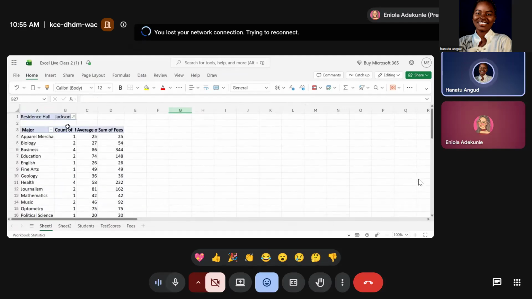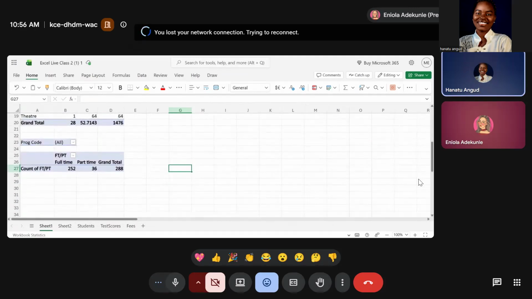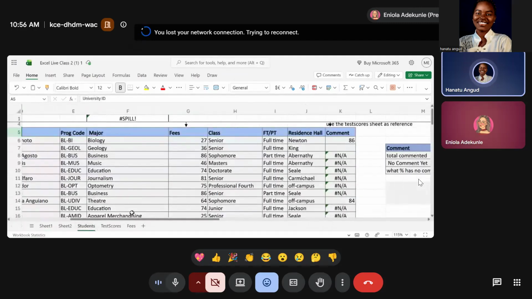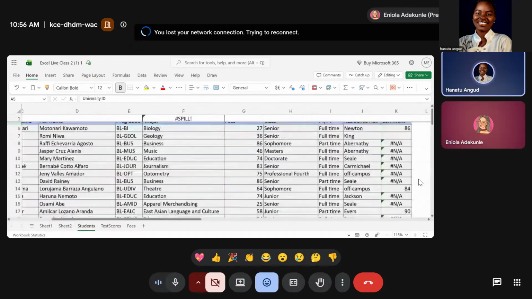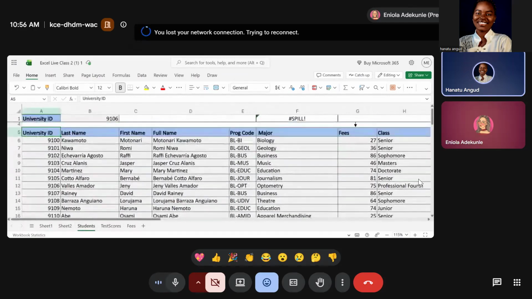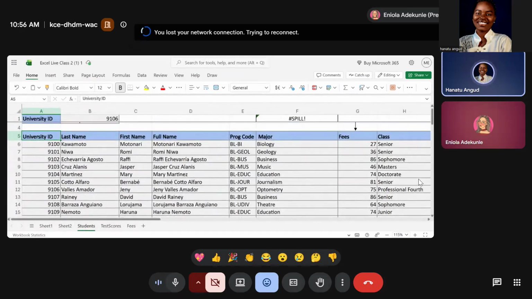You have checked that. Okay, so how many students are in a class and what program? So you can check class again and program, or you can even combine